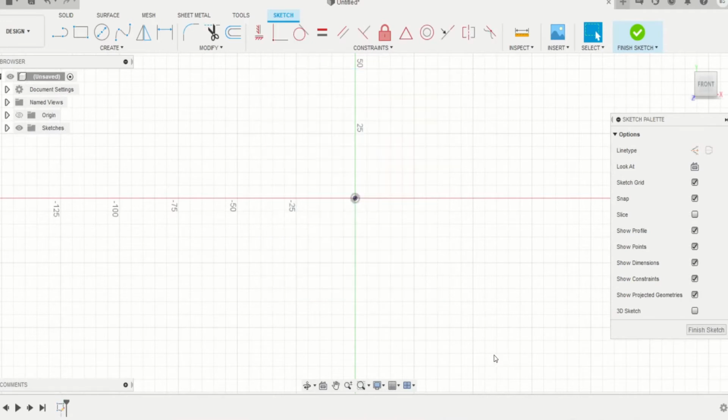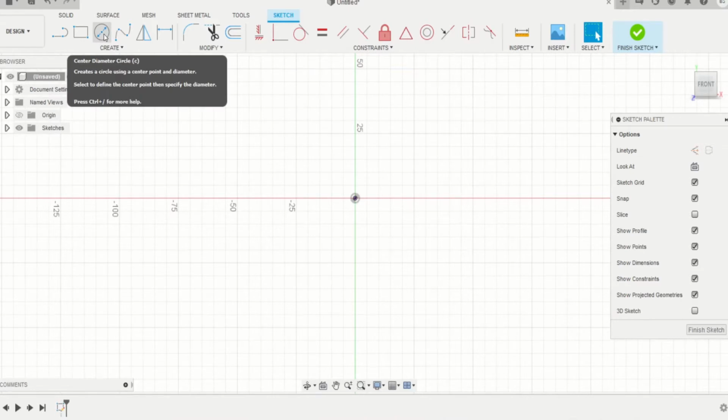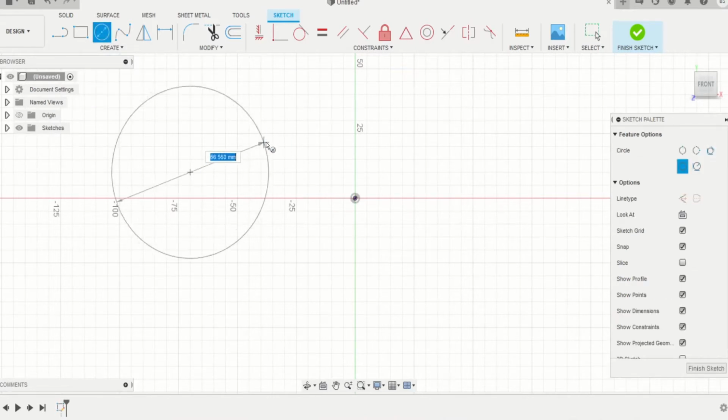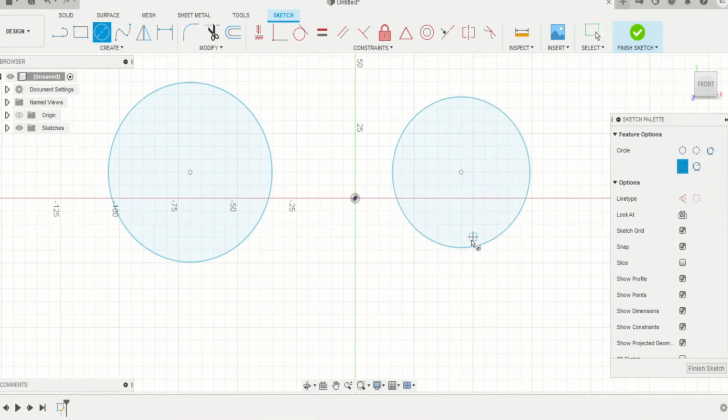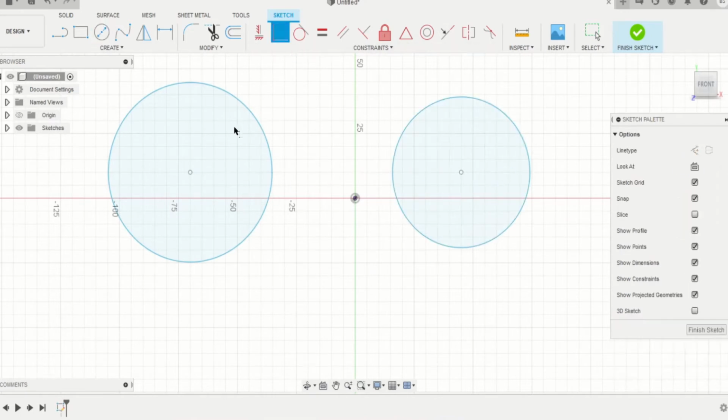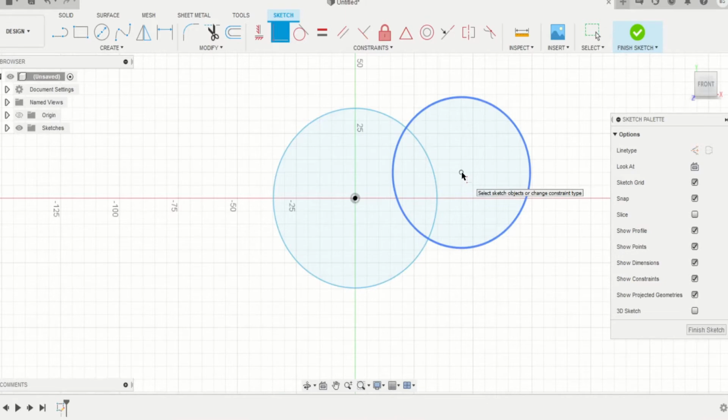For creating a circle, you can also just press the circle or use the shortcut C. Now we have two circles. Let's make sure that one of them is in our origin. And if we want to make sure that the other circle is concentric with the circle that's now in the origin, you could just do it by selecting the midpoint or the center point from the circle and selecting the origin, or